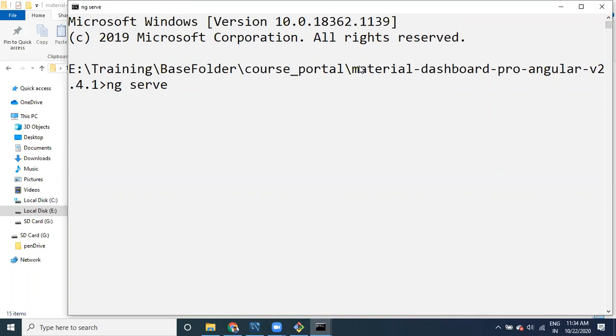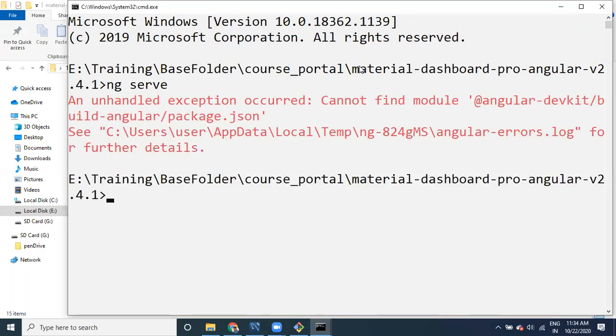This project requires a lot of files which we did not upload to the Git server. Whenever we say ng serve, it is going to give you an error that it cannot find the package.json file.